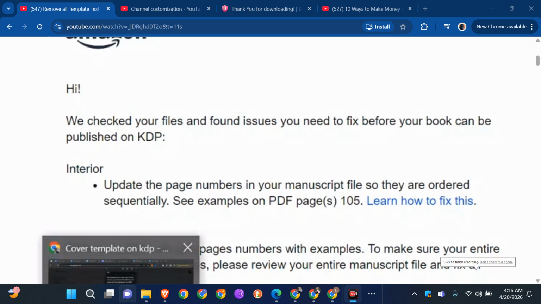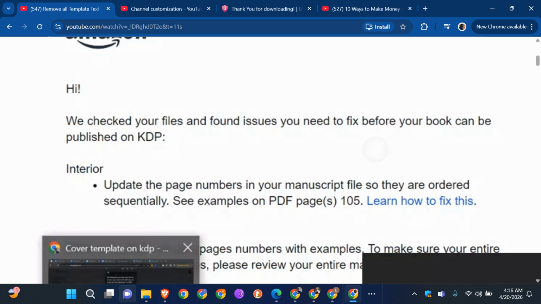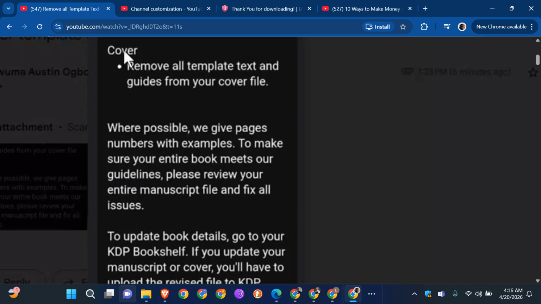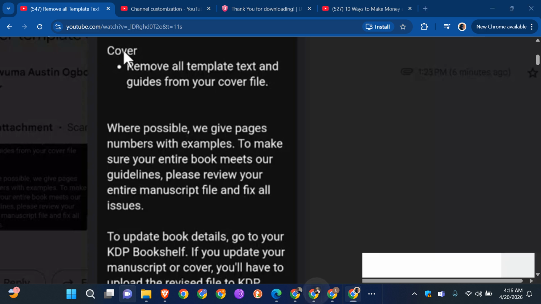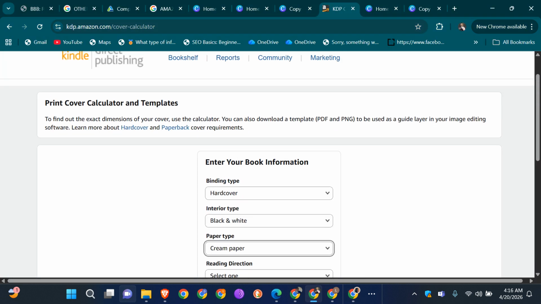I'm going to show you how you can fix this. Yes, when Amazon sends you something like this, "We checked your files and found issues you need to fix before publishing your book," you see something like this: "Remove all template text and guide from your cover file." To do that, it's your own fault. It's not Amazon. They're just trying to correct it before your book can be published, and it all starts from